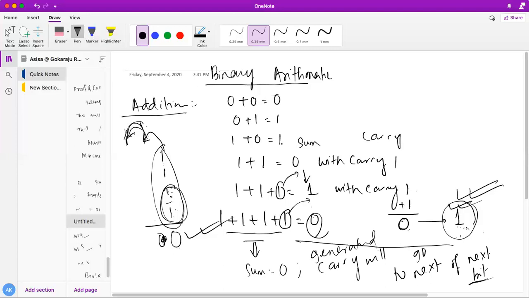These concepts, these formulas are also going to be useful in binary multiplication, because in binary multiplication what you have to do is multiply, shift and add. So at that time you may face this type of situation, there may be 4 ones, 5 ones that come up, and you should know how to add them. So this is the concept of binary arithmetic, nothing else.